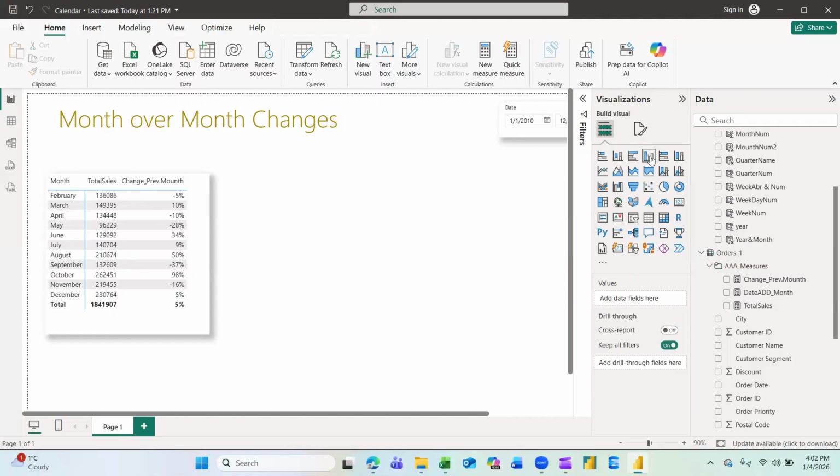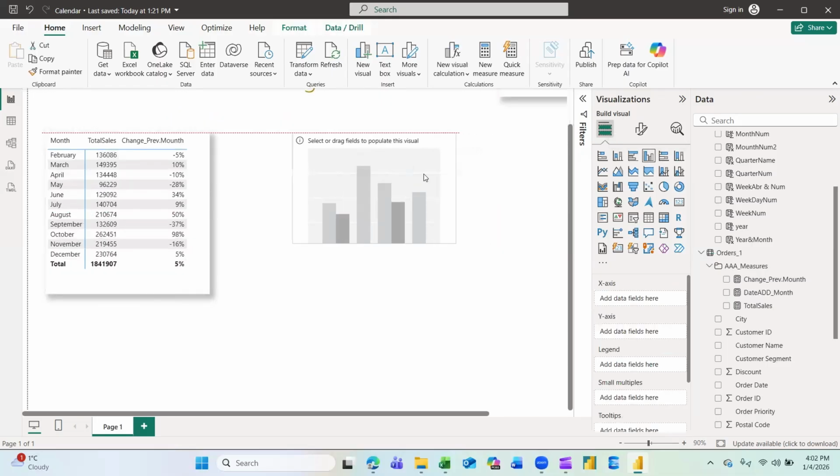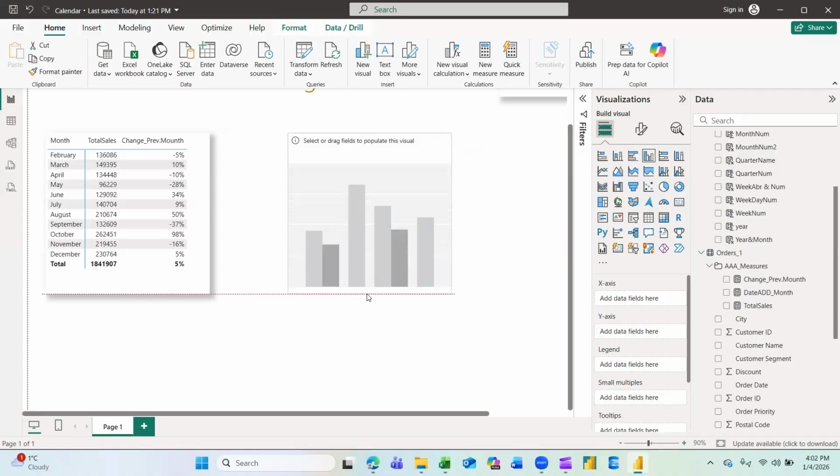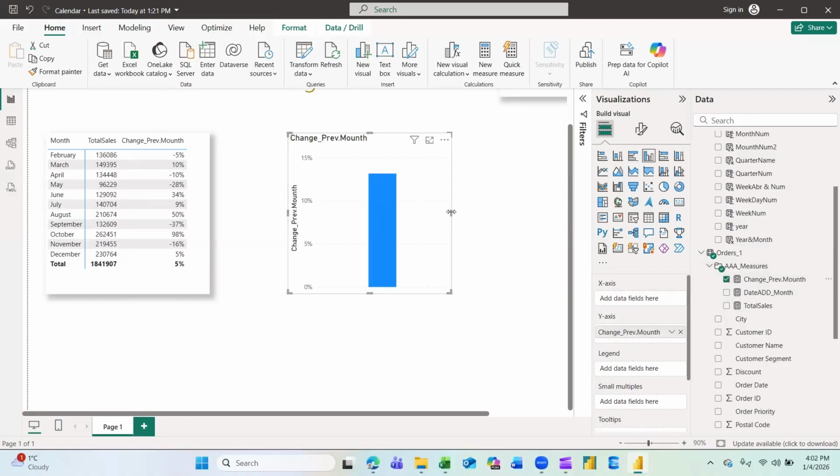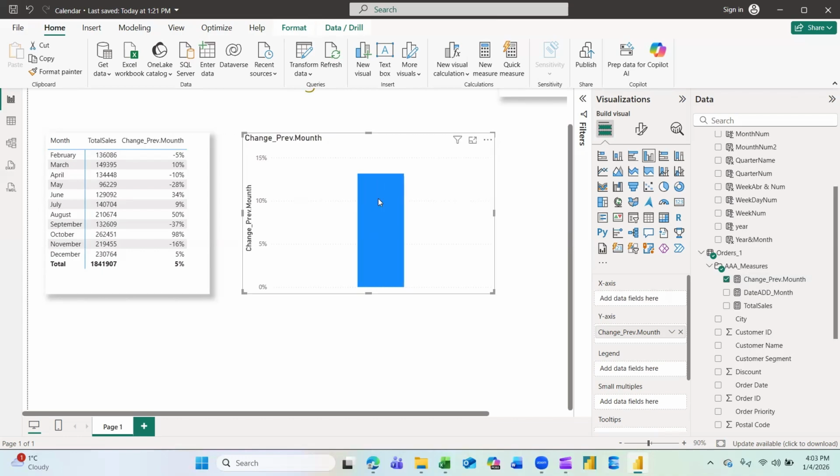And now we can just simply choose the clustered column chart, and everything we need to do is just to add the change previous month. And because, remember, we have the infinity value on January, we will need to exclude this.